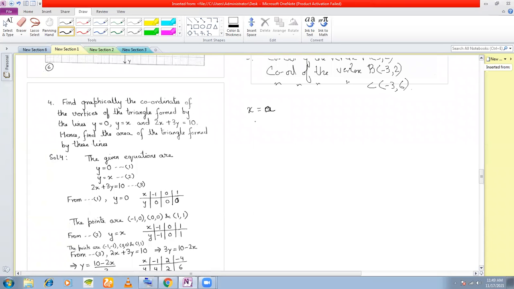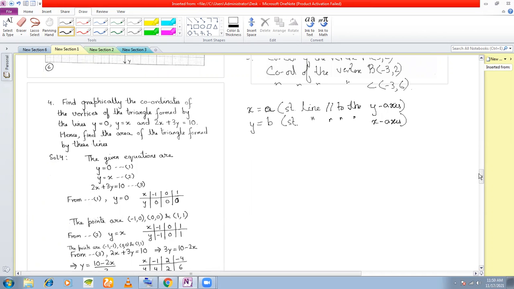If a straight line is given to you as x is equal to a, you can say this straight line is parallel to the y-axis, right? This is what I told you. And I also showed you how to draw this straight line without actually plotting the points. And if you have a straight line y is equal to b, this straight line is parallel to the x-axis, right? And I also showed you how to draw the straight line parallel to the x-axis.